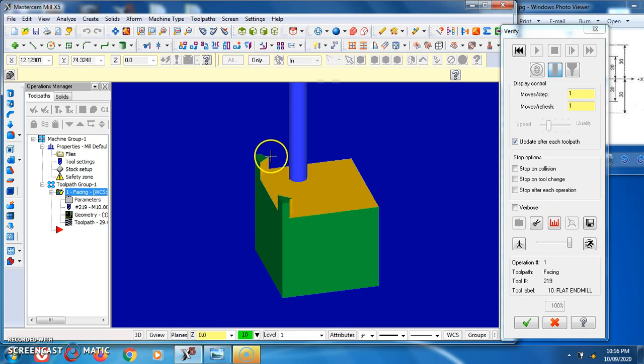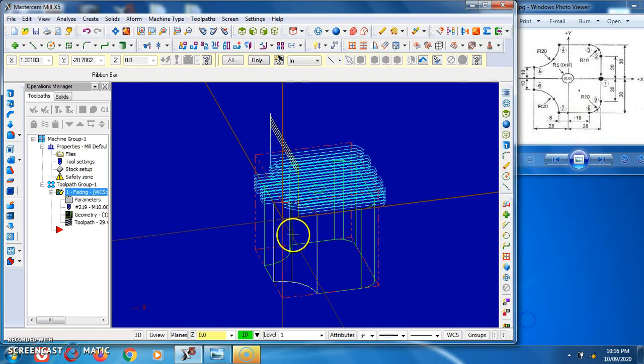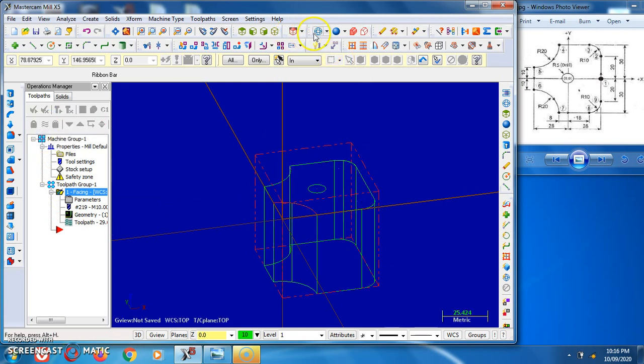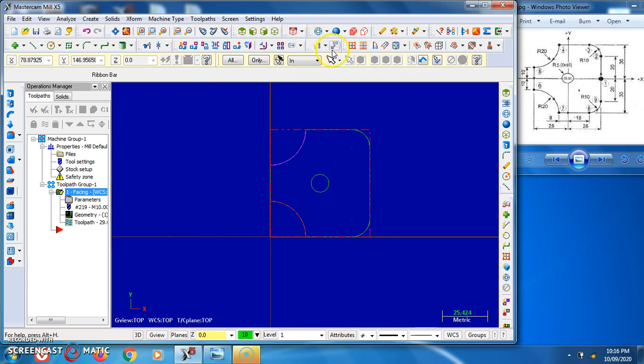So why is this component material not selected? Because we selected the chain, and the chain was selected as per our final product. That's why the remaining material is cut with the help of the contouring operation. Click OK. So the verified operation is correct. Just click onto the toggle, so we toggle the display. Click onto the top view.